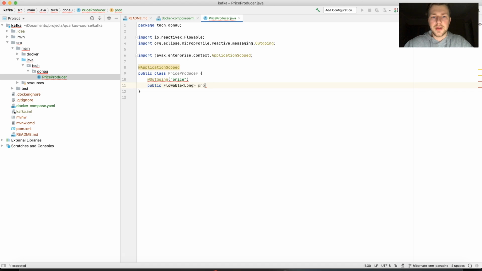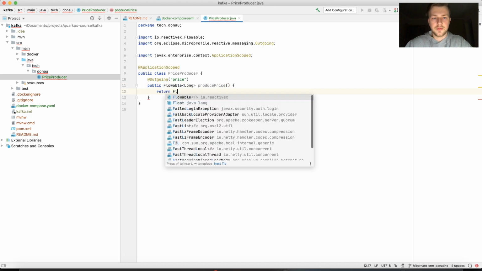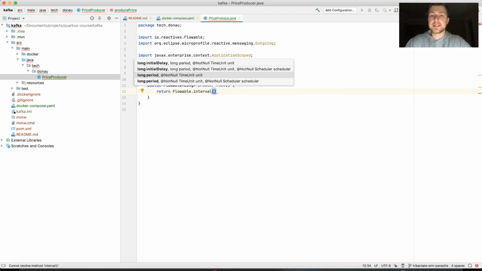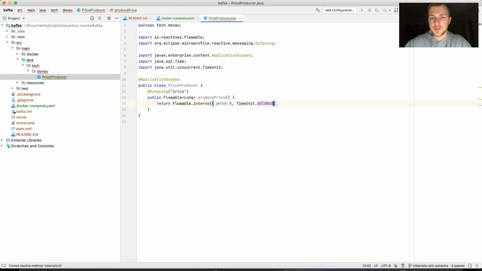You can name any name. Produce price like this. And so let's create a Flowable interval, and we'll send. So the producer will send a random price every 5 seconds, right? So let's put a 5 time unit, 10 unit seconds, and so here we'll map it. And here we're gonna specify, let's create a new random